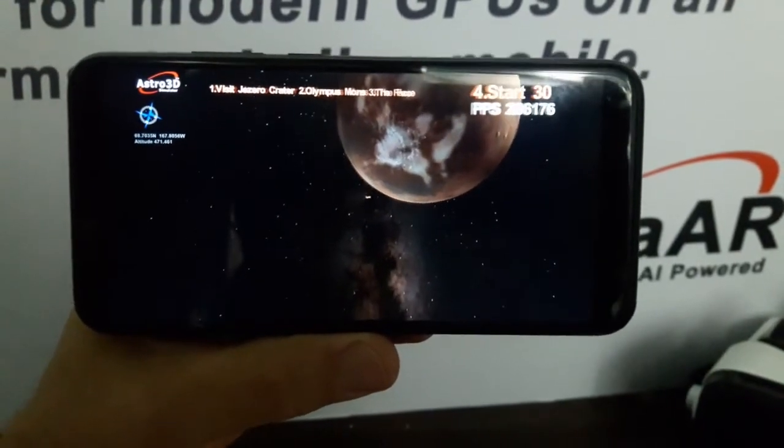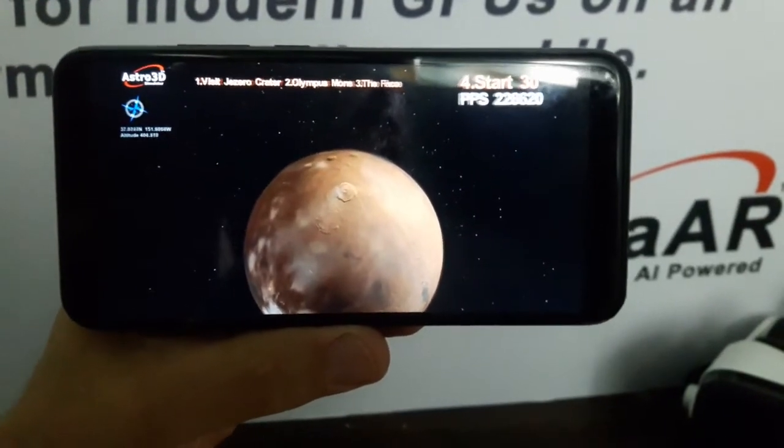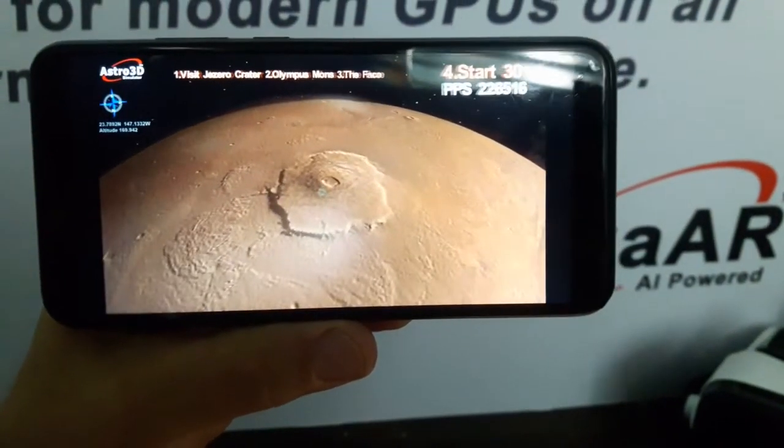So with this mobile phone it's using a mid-range low-cost chipset which costs about $26. It's got an ARM 8-core processor with a fairly powerful...